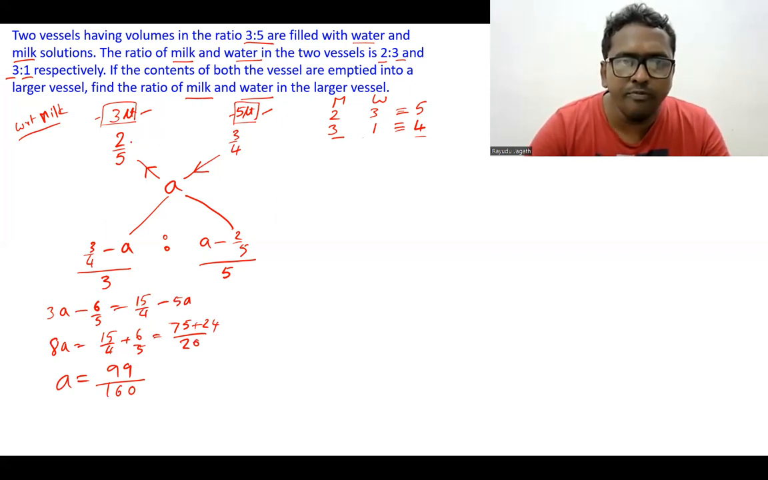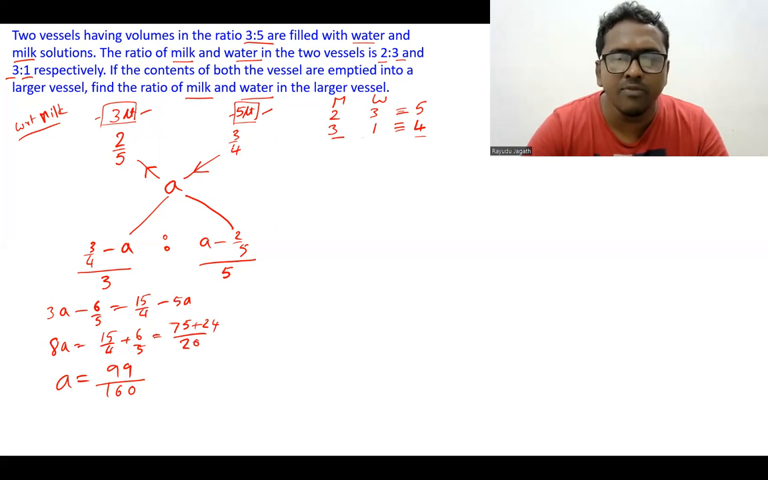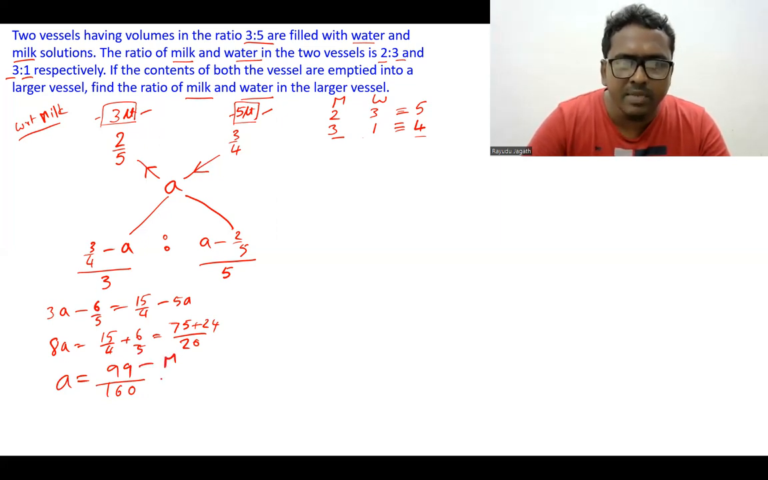2/5 is the fraction of milk in volume 1. 3/4 is the fraction of milk in volume 2. A is the fraction of milk in the overall content. 2, 3 plus 5, 8 liters. So A is milk, 99 is the milk percentage content, and 160 is the milk plus water content. So the answer to this question is